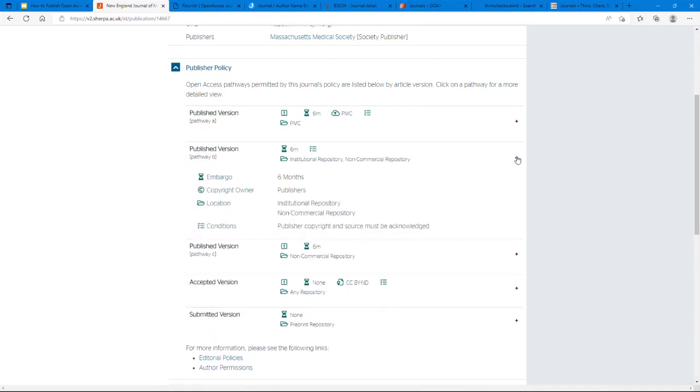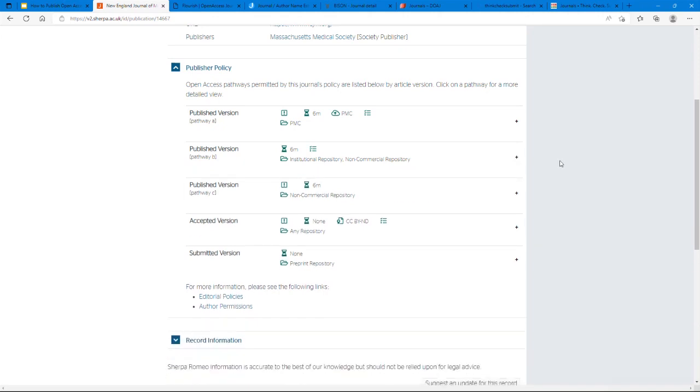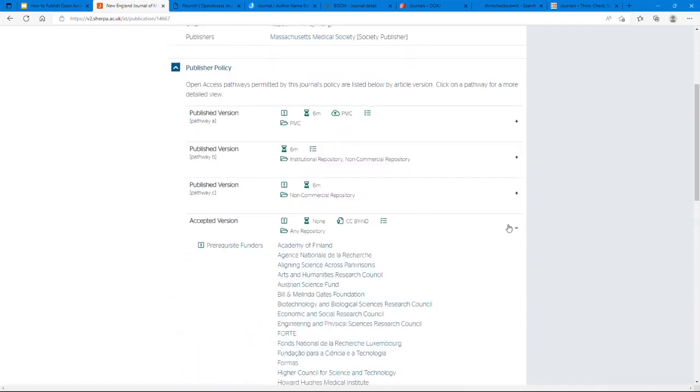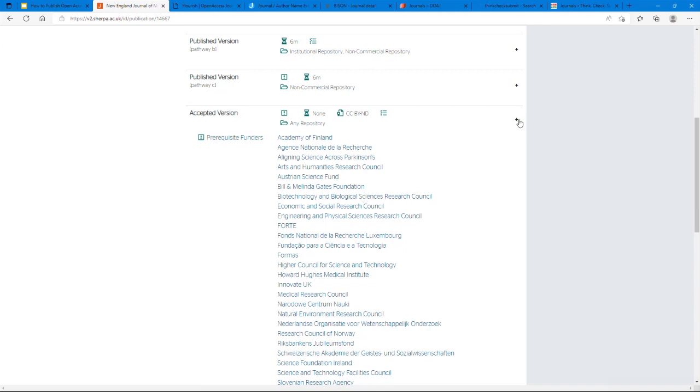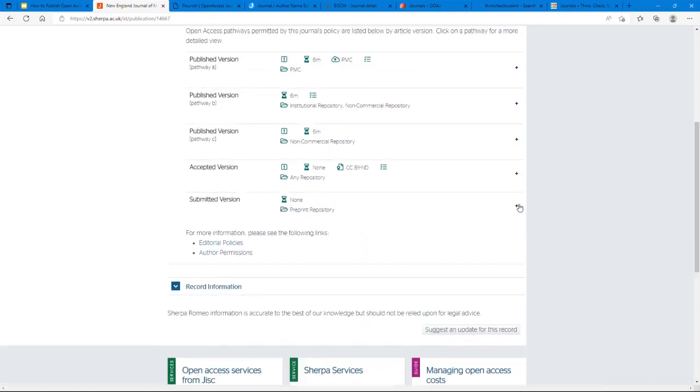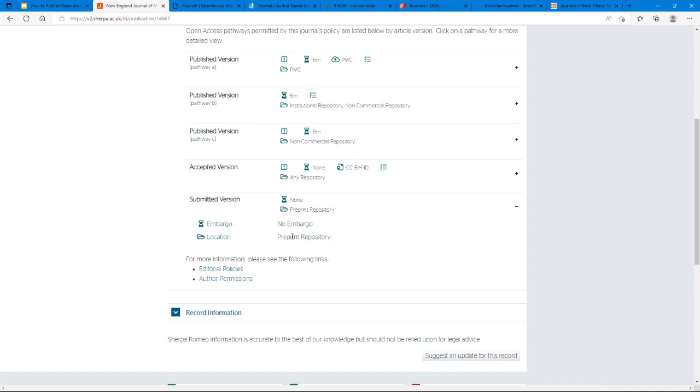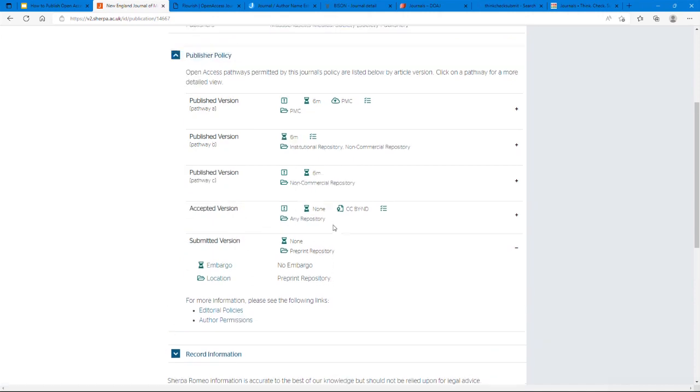Similarly, they also allow published versions of articles to go into any institutional or disciplinary repository after a 6-month embargo as well. This is very common with Green OA, which is that many articles these days can be self-archived with relatively little fuss, so long as you wait the appropriate amount of time. You can see here that they also have other policies related to other research funders, and they also have a general policy that allows articles, before they're even submitted, to have been published in a preprint repository without issue.